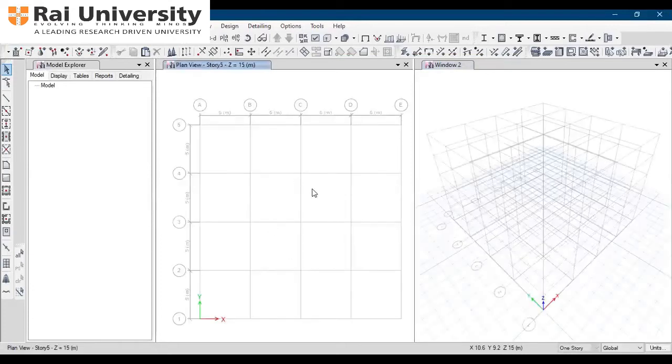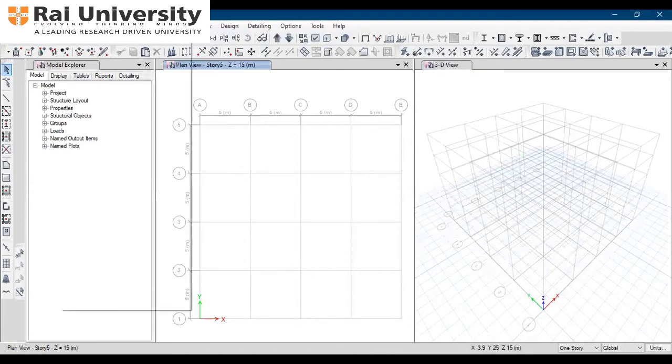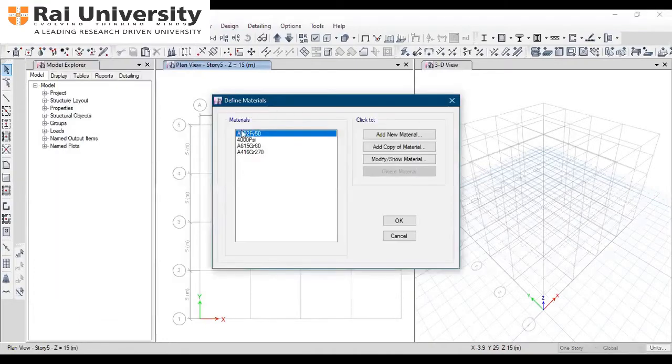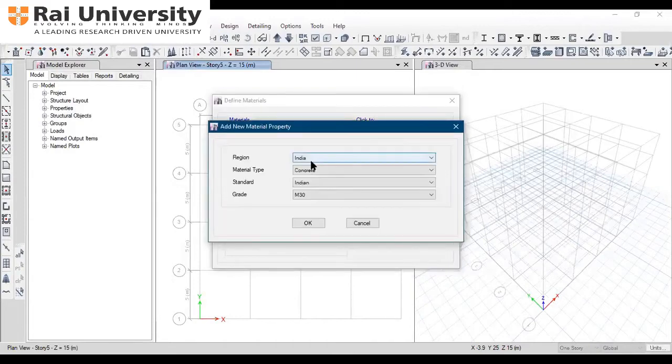These two windows will appear. You can see the plan view as well as the 3D model. Now the first step is to define material properties. For that, click on Define, then Material Properties, then Add New Material.